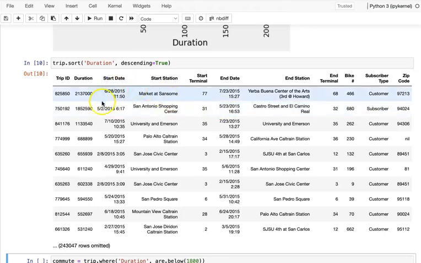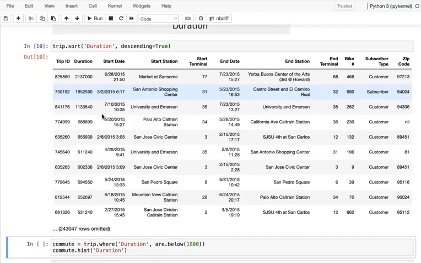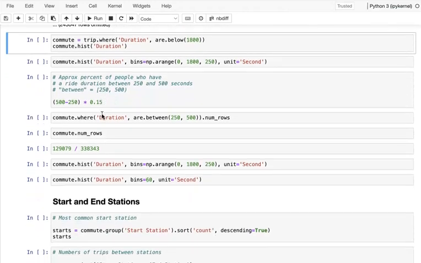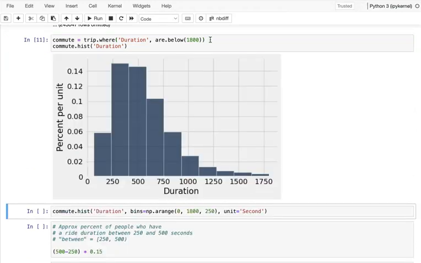Okay, we don't know how many, but like earlier we said, this data is focused on mostly commutes, and we want to know about the commute. So earlier we saw weekend trips are more than 30 minutes, but on weekdays most trips are within 30 minutes. So let's see the duration, we only keep trips within 30 minutes. So let's say the commute is only below 30 minutes. Then we see whether this histogram will be better or not. Right, so then you can see here it's much better, right?